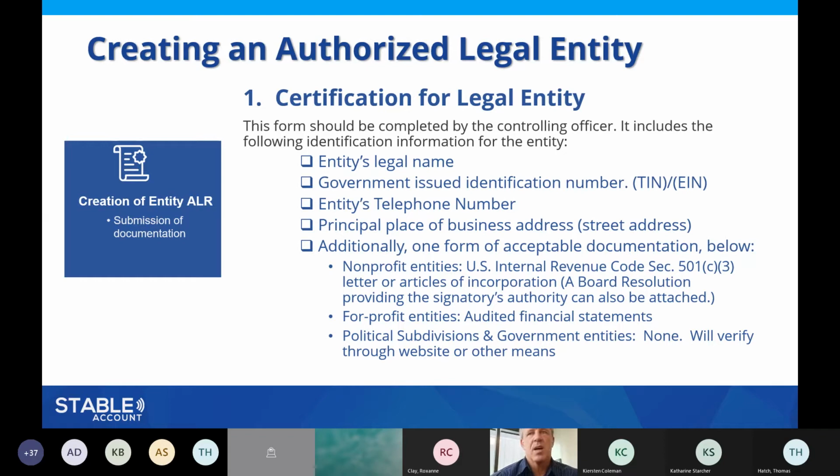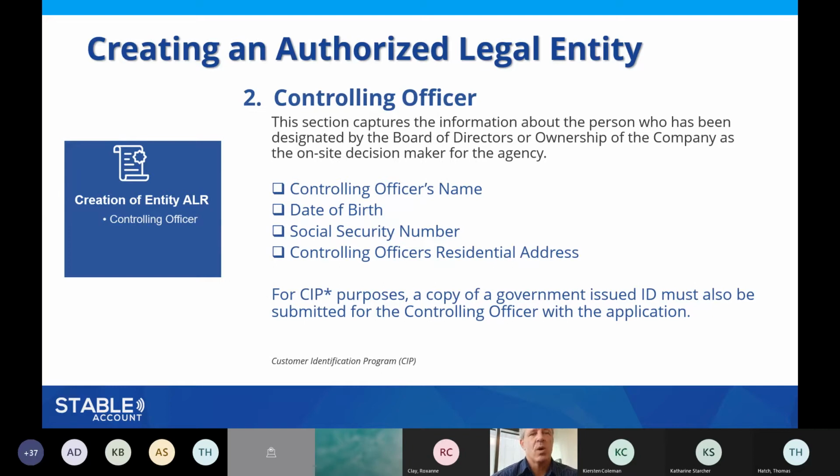So whichever one of these categories you fall into, some of that additional verifying information is going to be requested. Once that has been filled out, and of course the documentation will be included once mailed, the next thing that we'll want to look at is who is the controlling officer of this organization. Again, should it have a controlling officer? I guess in some particular cases, just, who's the decision maker, if you will, at the top of the organization. So they are going to need to provide some amount of personal information. Now, I do want to emphasize again here, this is simply for customer identification purposes.